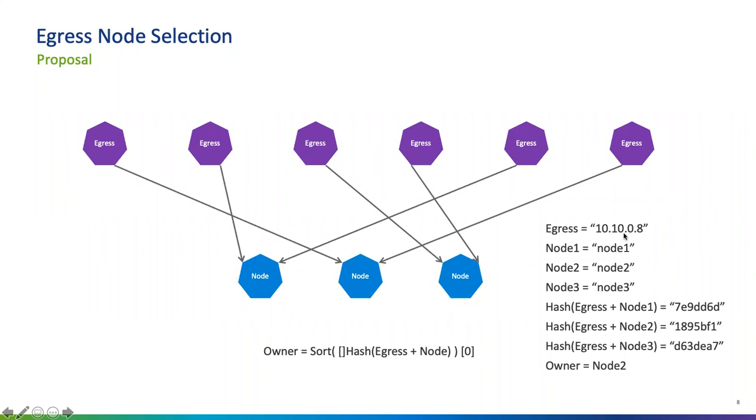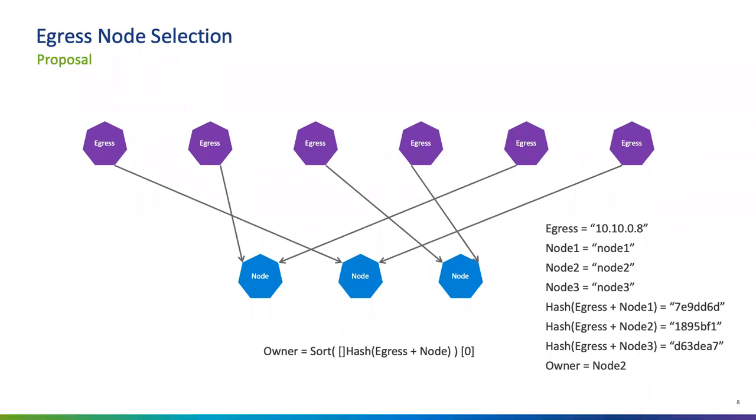For example, they have the node, we could use the node name as the metadata, and we calculate their hash and get a string. Then we sort the strings and always use the first one to be the egress node of this egress, so that ideally